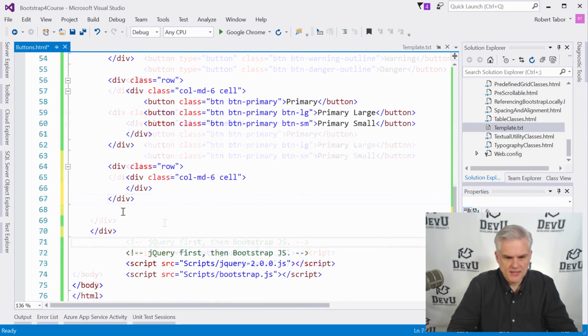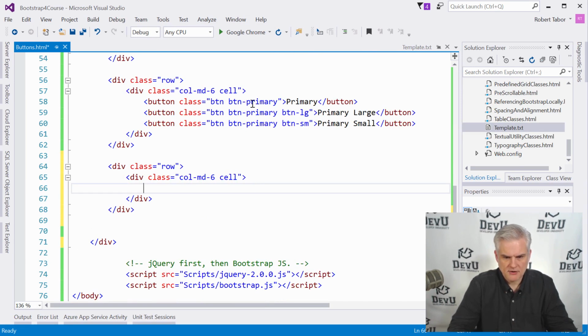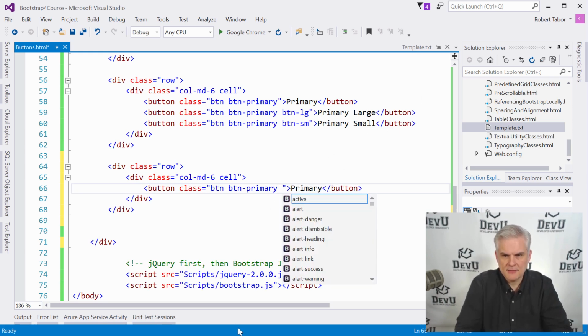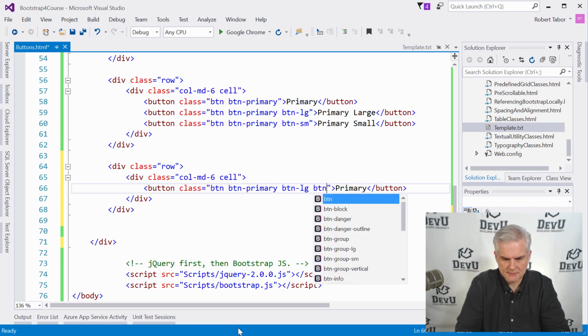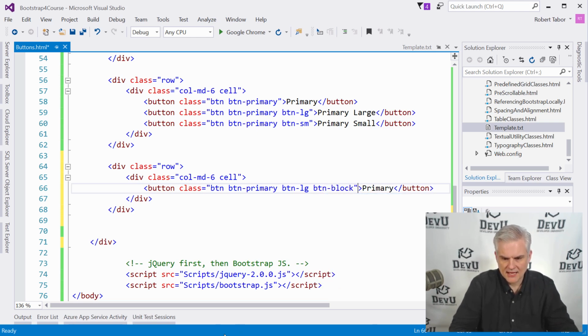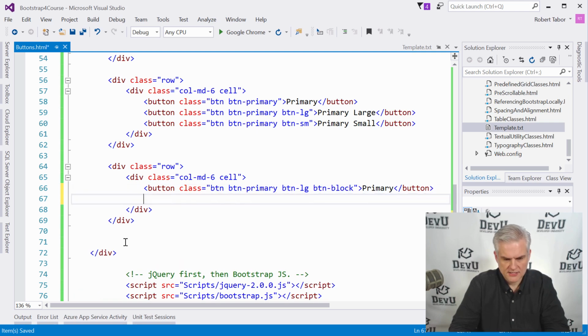Okay, next up. So let's take a look at a button. Let's grab this one again. And this time what we're going to do to this button is actually make it a block level button. So let's make it large first of all, BTN LG, and then I'm going to add the BTN block, and that should take up all 6 columns then of our cell. And I'll do the same thing, but just with using the secondary,